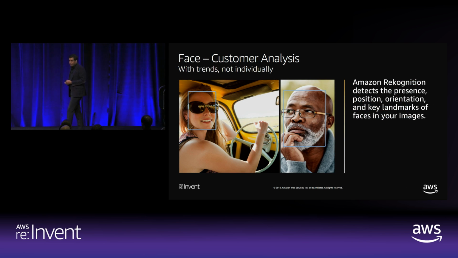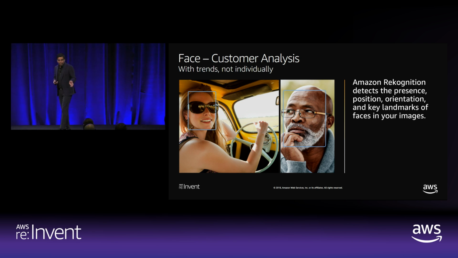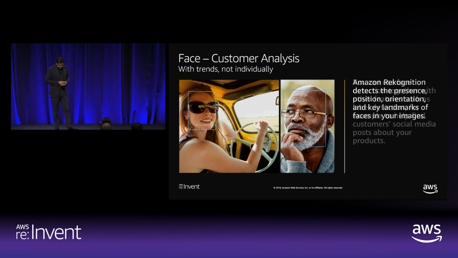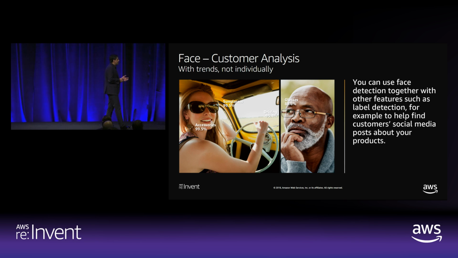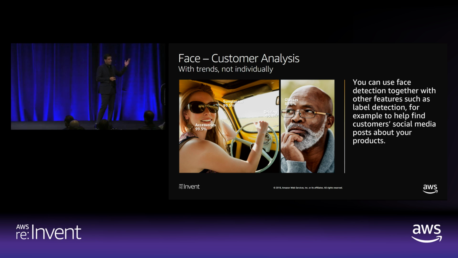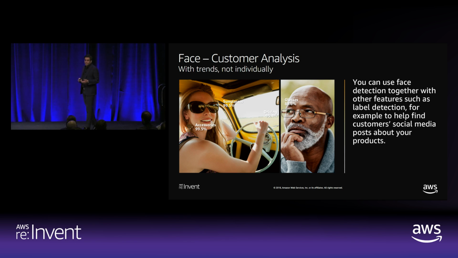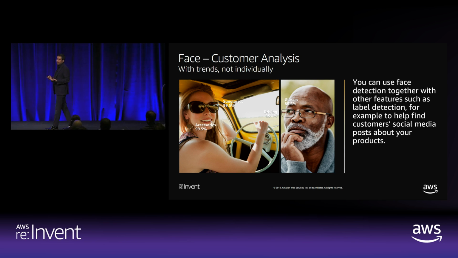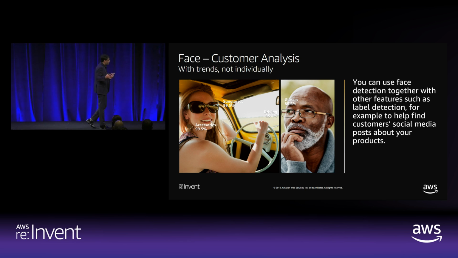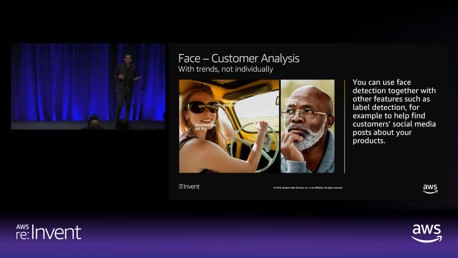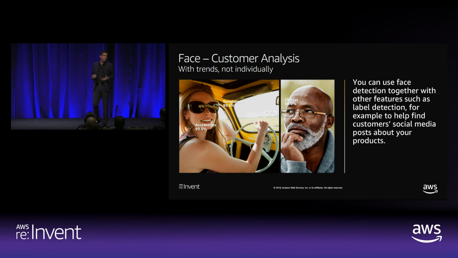So here, if you look at the example, for these two faces, we are able to find out that this individual is wearing sunglasses, that they have accessories on them, that there are eyeglasses in this picture. So all these features can be extracted and could be aggregated. So for people coming into your store, if the majority is wearing eyeglasses, maybe it makes sense for you to stock some eyeglasses for them, right? So information like this is natural.